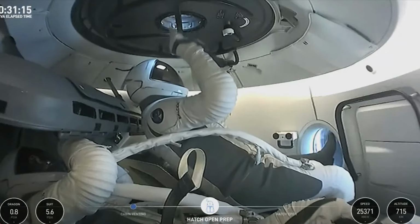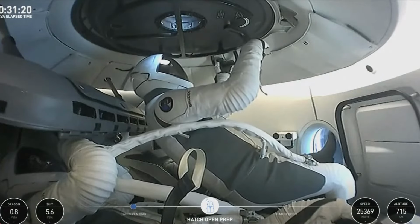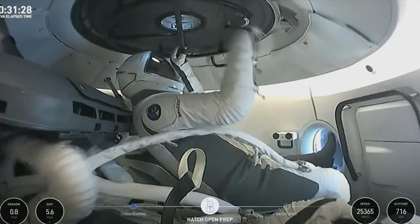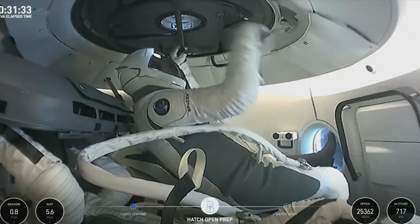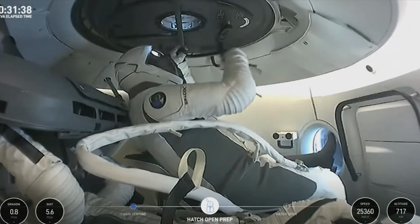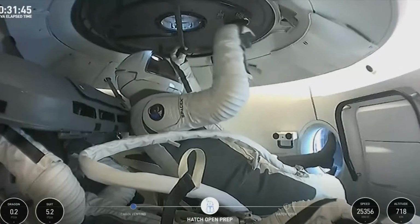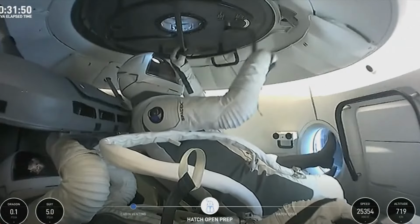Mike, as you mentioned before, that continuous communication. The hatch handle. As you can hear, we do have a crowd gathering outside of Mission Control here in Hawthorne. In their excitement, somebody dropped a cup. We can see our commander, Jared Isaacman, now turning the crank, which allows that top hatch to open. We'll see him give it a pretty heavy...